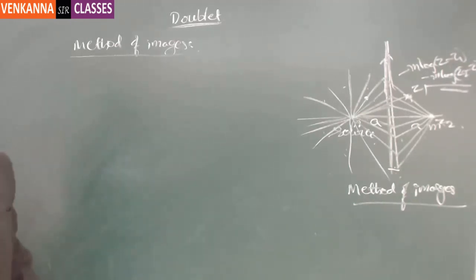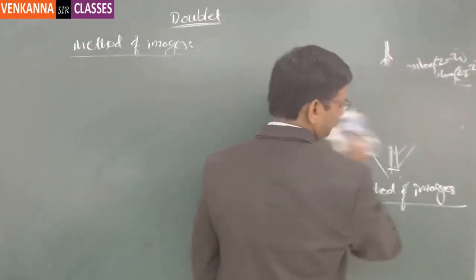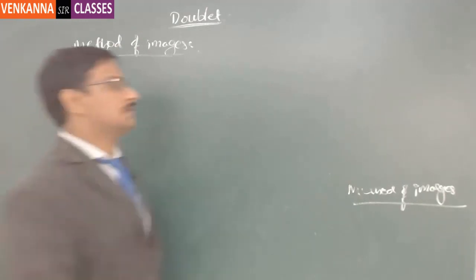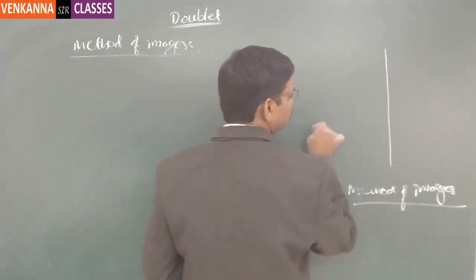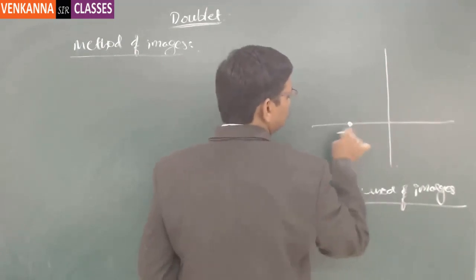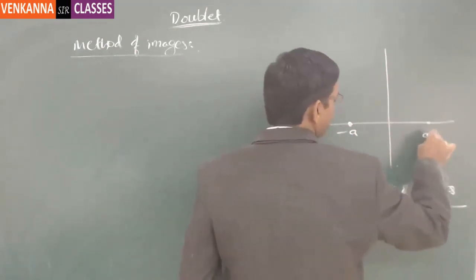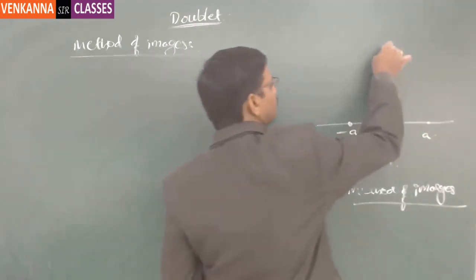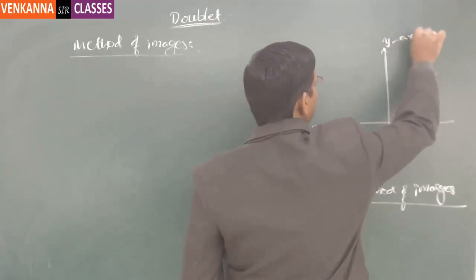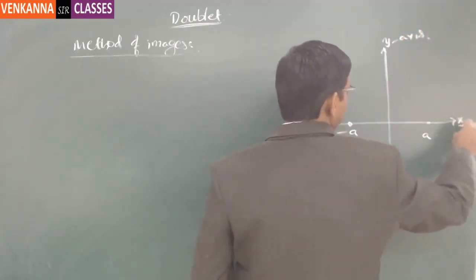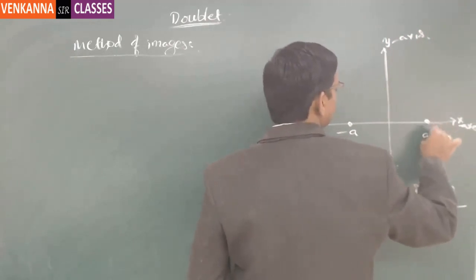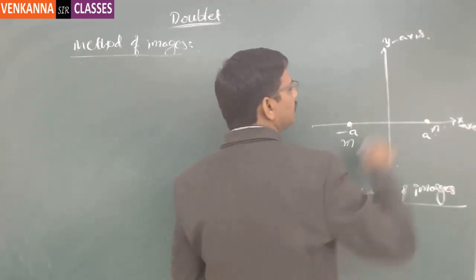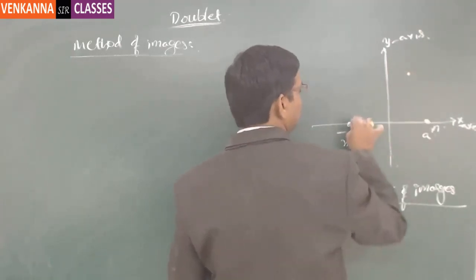Got it? Now, taking this into consideration, let us say there is a surface here, and this is at minus a, this is at plus a, and I call this surface the y-axis. So this is the y-axis and this is the x-axis. On this there is a source of strength plus m here and a source of strength plus m here. Then at any instant, if you want to find out the complex potential at this location,